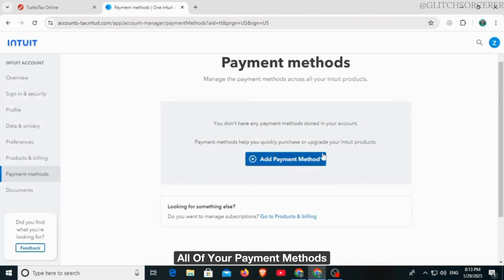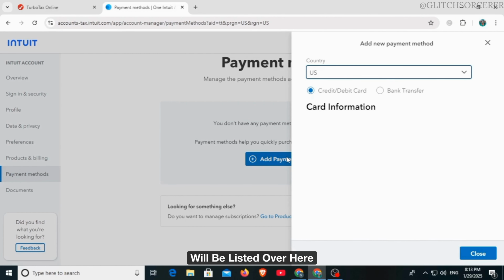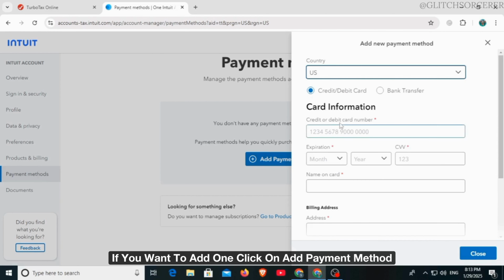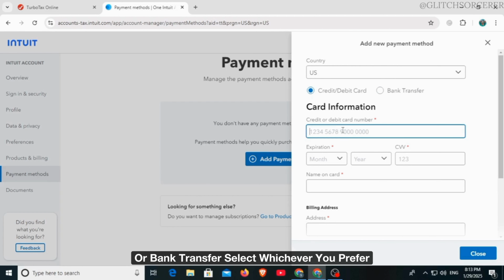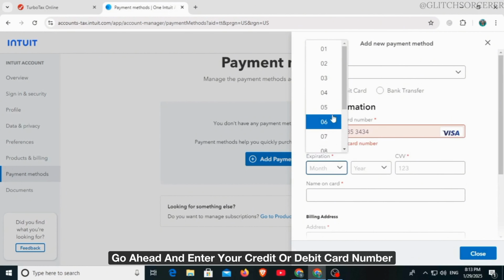Now all of your payment methods will be listed over here. If you want to add one, click on add payment method. Now you can select credit/debit card or bank transfer. Select whichever you prefer. If you select credit/debit card, go ahead and enter your credit or debit card number on